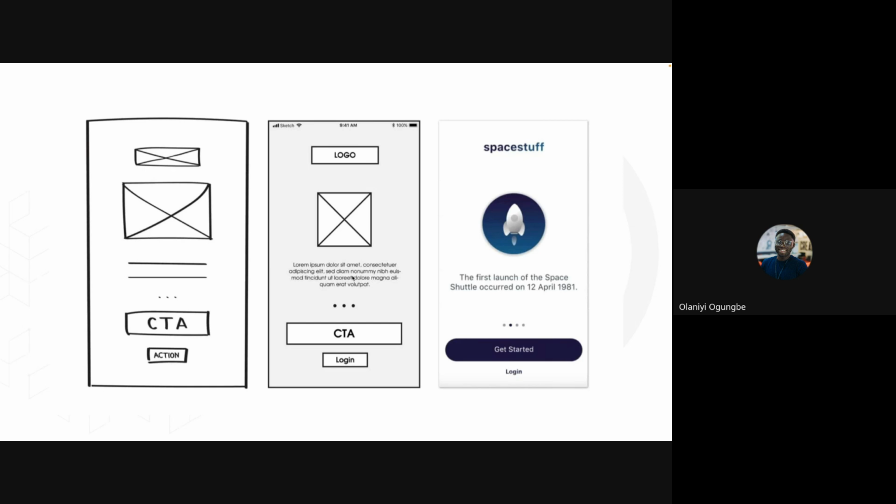It has the right font style, right font sizes, the brand's colors, the brand's logo, and everything is complete on it. So for example, if I Google Bolt's UI design, and we check the UI design for Bolt and we check the mobile app for Bolt, it would look exactly the same. Why? Because the high fidelity is what will be given to the developer to actually create the actual product. Do you guys understand what I'm saying?